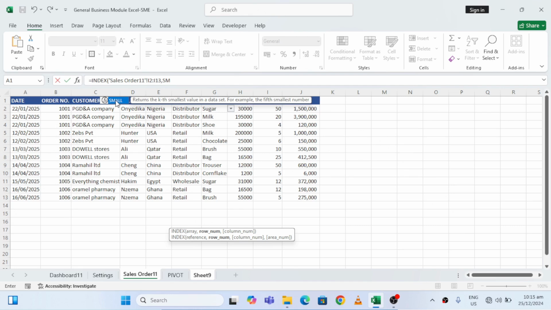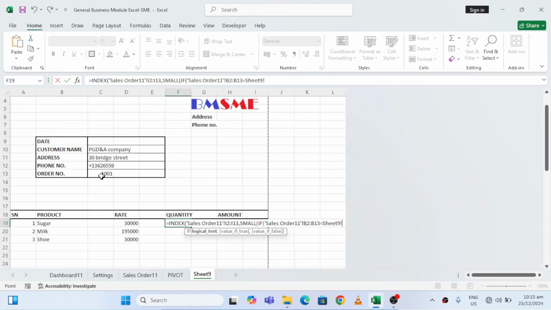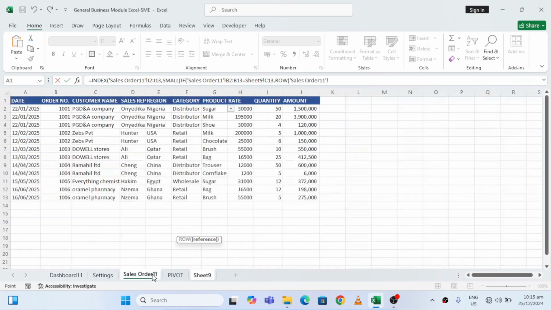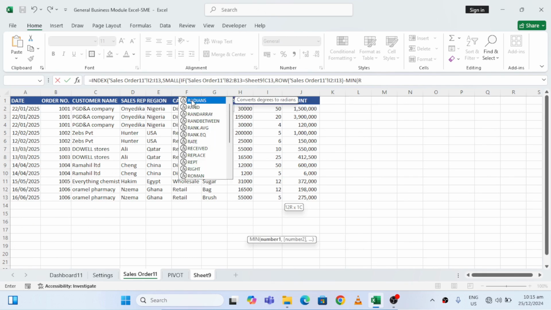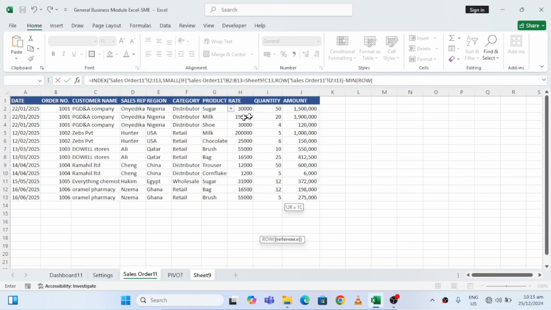Small if it is in this array, then take the reference and take the row of the quantity minus it with the minimum row of this quantity, double bracket, take the next row or leave empty, then the reference,